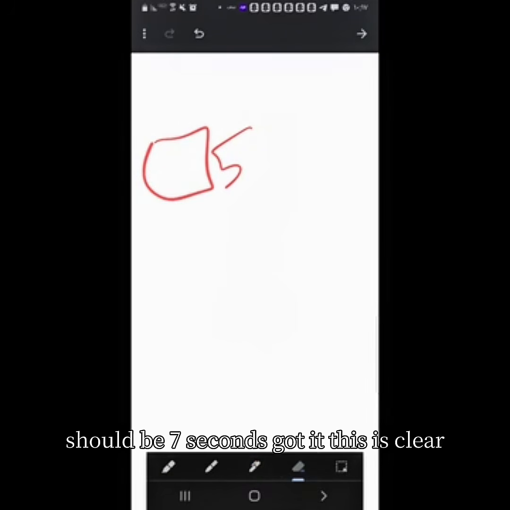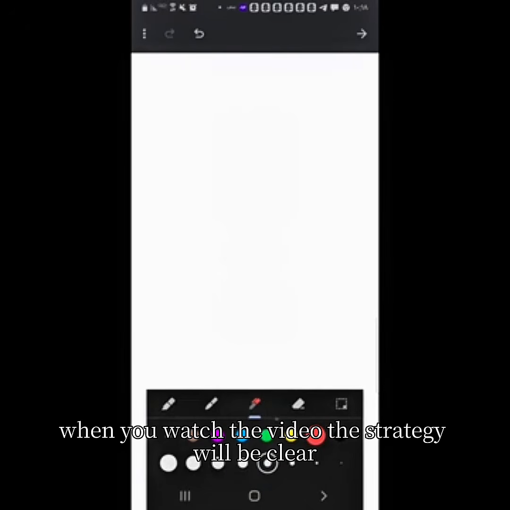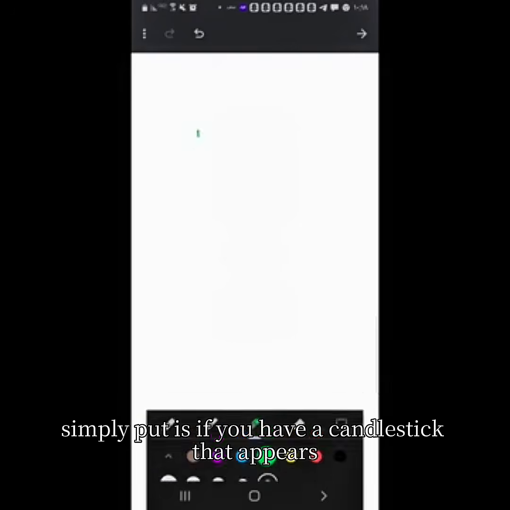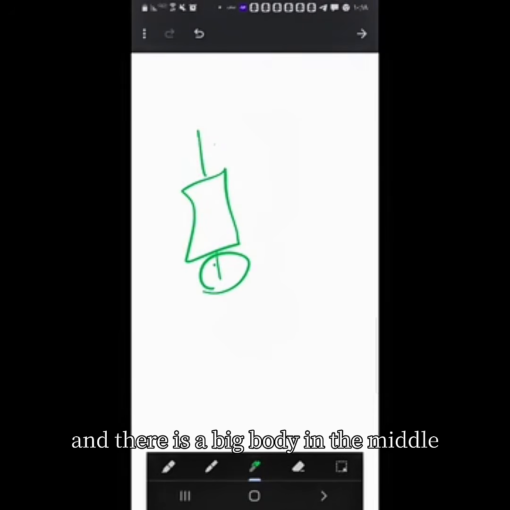Got it? This is clear. This is the beginning. We will also explain it practically. When you watch the video, the strategy will be clear. The strategy, simply put, is if you have a candlestick that appears with shadows, one below and one above, and there is a big body in the middle,